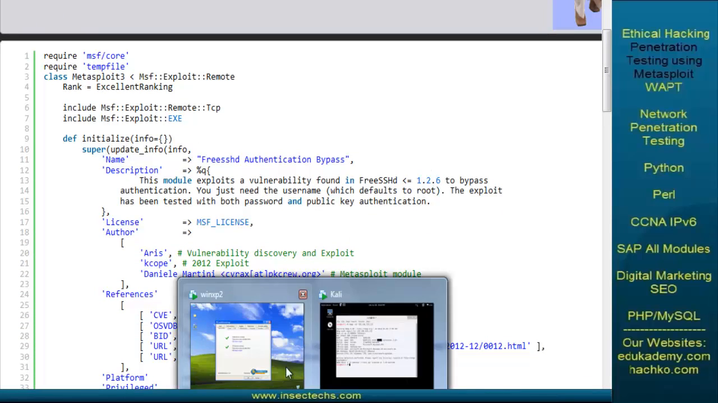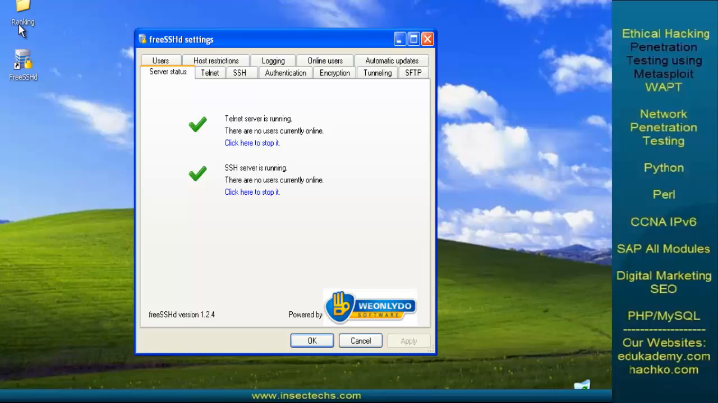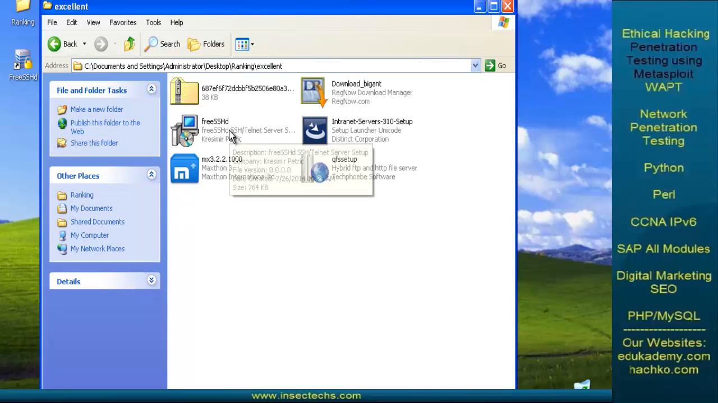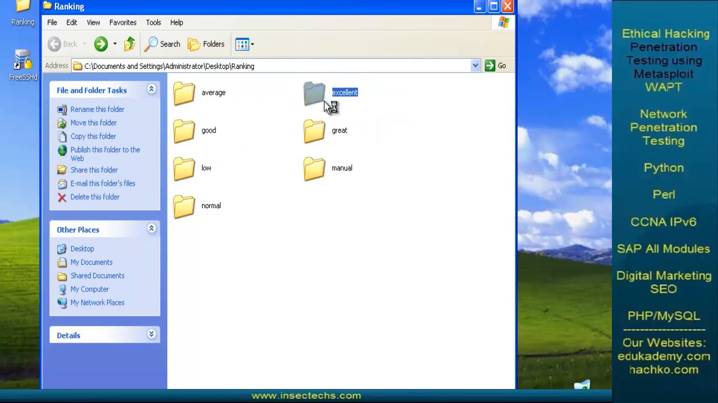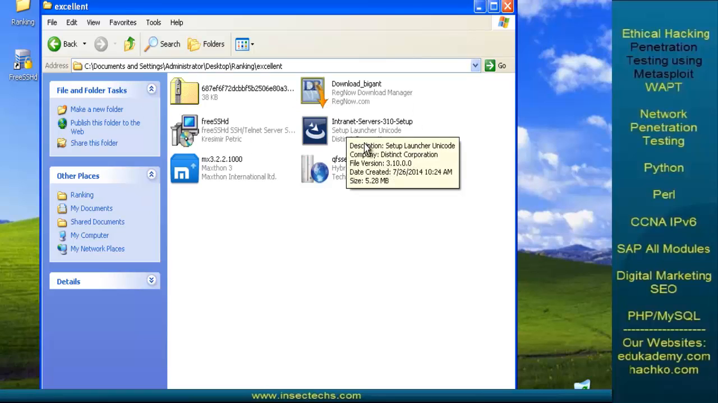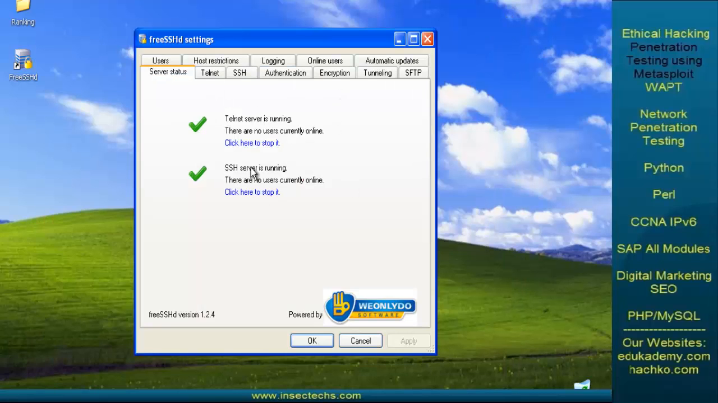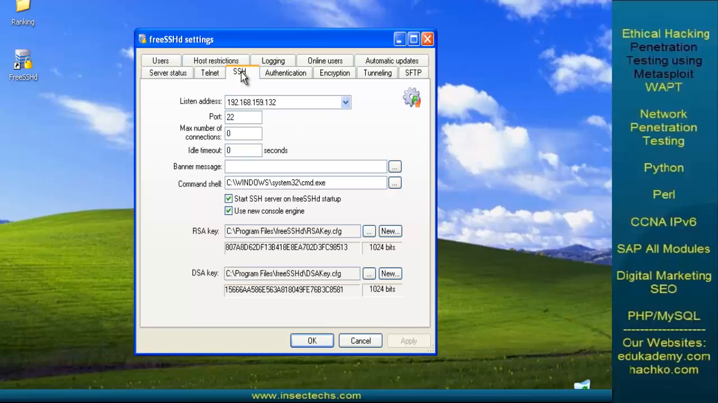I have taken the applications ranked as Excellent and downloaded them. This Excellent folder contains a few applications which are vulnerable and where remote code execution takes place, and the exploit ranking is Excellent. So I have chosen this particular application and installed it, and make sure that these two services are on and running. However, we are mainly focusing on this SSH service, and in the SSH service you need